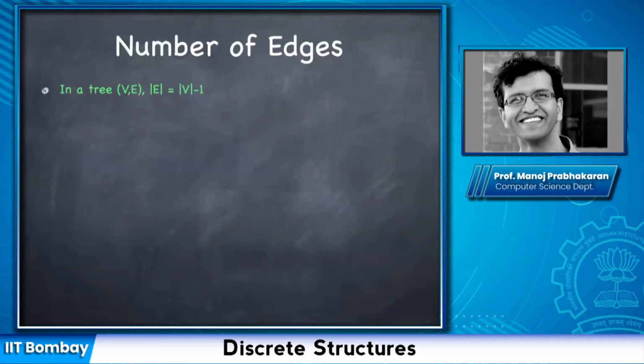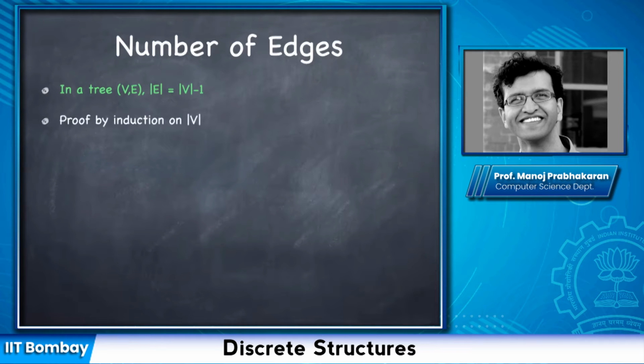So the claim is that in a tree with n nodes, so V is a set of vertices, suppose the size of that set is n, so it has n nodes. Then the number of edges is exactly n minus 1. Doesn't matter how complicated the tree looks. If it is a tree, it has exactly n minus 1 edges. If it's a tree with n nodes, it has to have exactly n minus 1 edges, irrespective of how the nodes are connected together. Okay, so it's a very useful property,